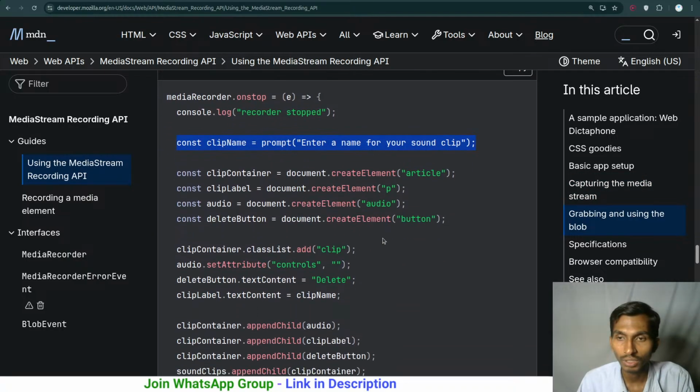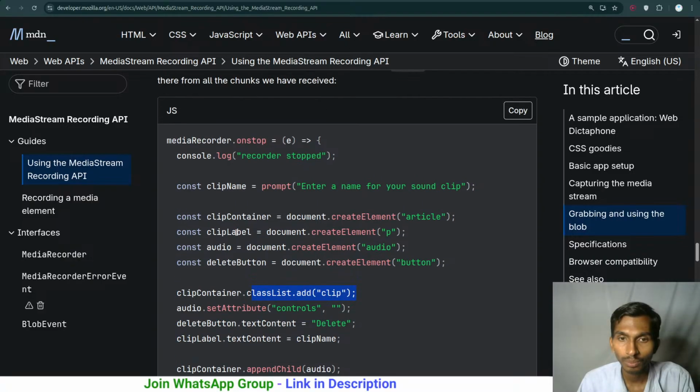Once I got the name, I have to create an element, maybe an article, give it a paragraph, give it the audio, give it the delete button. This is what's going to be created. Then clipContainer classList add clip. So this was the clip container. First of all, I added the clip here. Where did this clip come from? Clip.